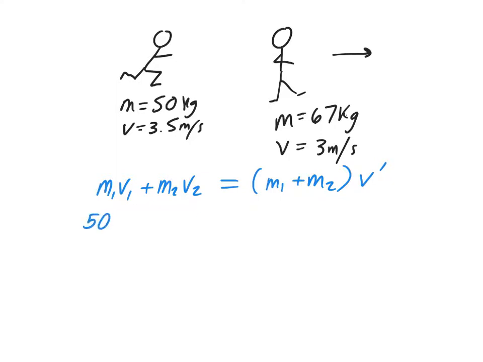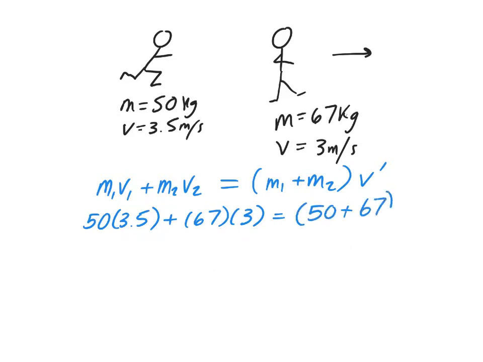Your best friend has a mass of 50 and a velocity of 3.5. Plus, you have a mass of 67 and a velocity of 3. Afterwards, you're going to be like one giant mass, so 50 plus 67, and you're going to have some new velocity. So we're going to use our calculator to solve. So 50 times 3.5 is 175, plus 67 times 3 is 201 equals, and 50 plus 67 is 117, velocity